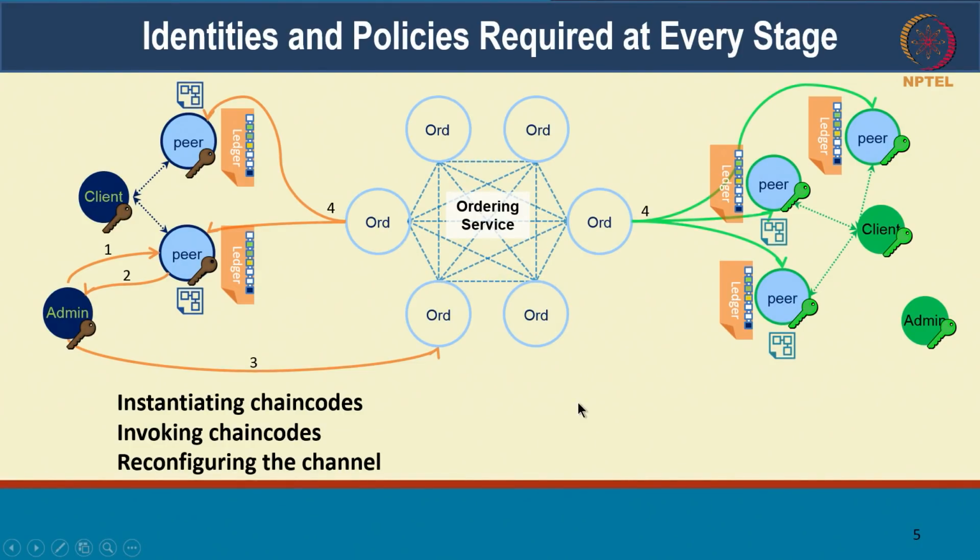Every step of this involves identity verification. Only an admin can instantiate a chain code on a particular channel, and to do that, that admin has to be part of an organization that is part of the channel. The orderer will be performing this check to make sure that whoever is invoking this is actually part of the channel. If you're not part of the channel, you shouldn't be able to instantiate chain code in the channel. And again, when the orderer communicates this message back, all the peers validate whether this message indeed came from the orderer. So that identity check is done also.